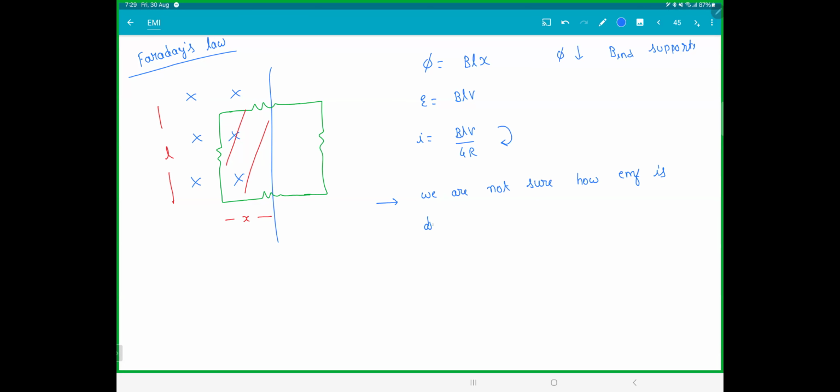And there's no symmetry also. I can't even say that all will be equal. So Faraday's law will give you the current and that's done. Faraday's law will say, boss, I have no idea how to distribute the EMF. You're getting the limitation. Now, if I use motional EMF,